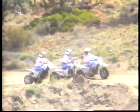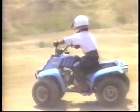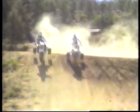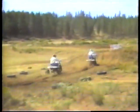All-terrain vehicles, or ATVs, have become one of the most popular forms of motorized recreation in the country. People young and old enjoy ATVs year-round on terrain as varied as frozen lakes, wooded trails, and wide-open beaches. And while the majority of people ride strictly for fun, still others can be found at racetracks across the country, pushing their riding skills to the limit, competing for as little as a trophy or as much as the Grand